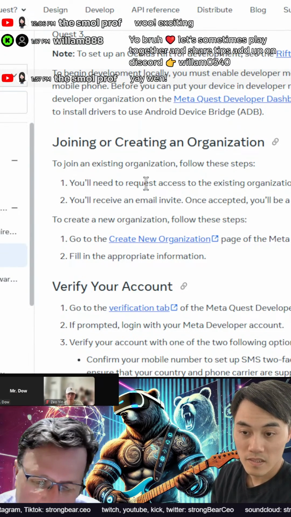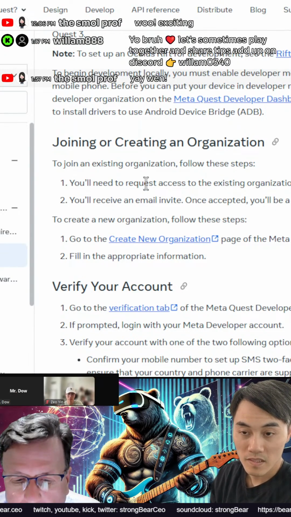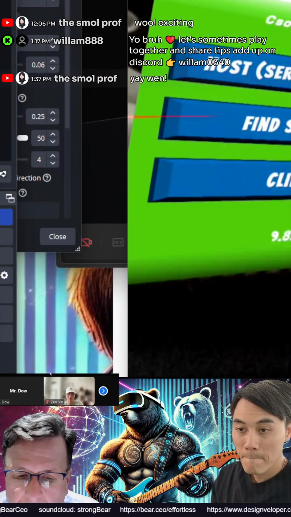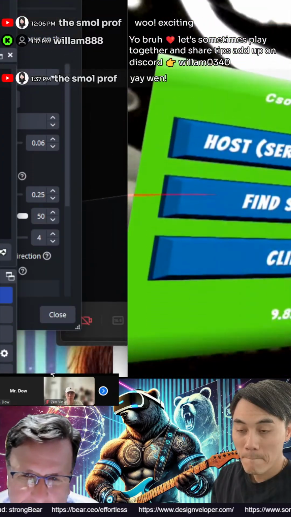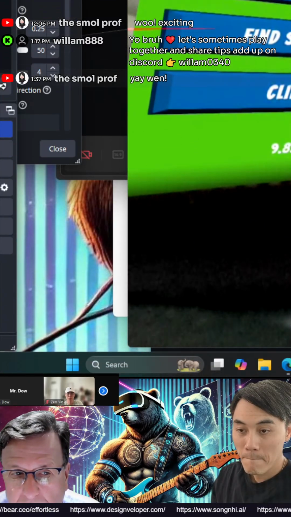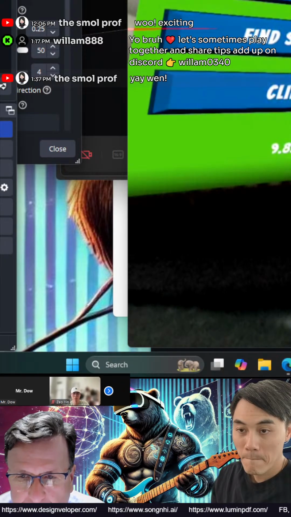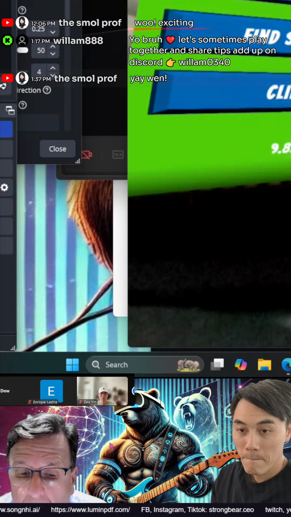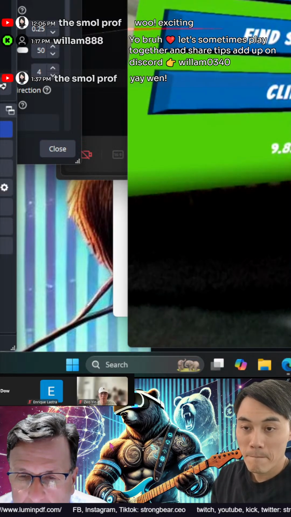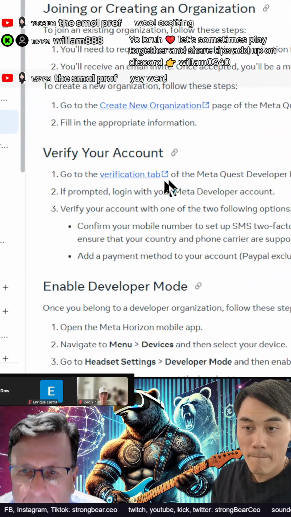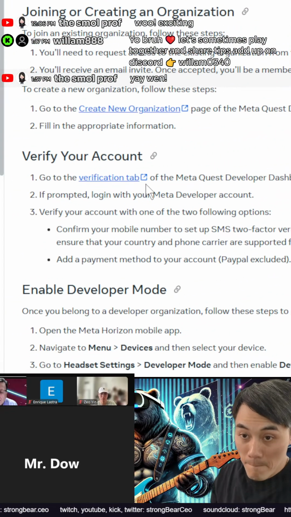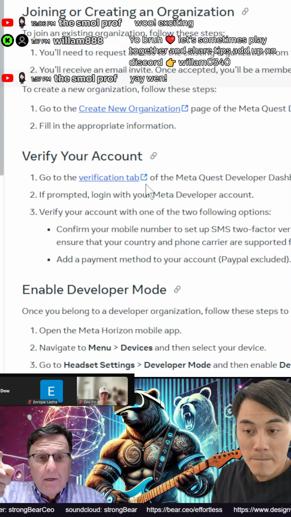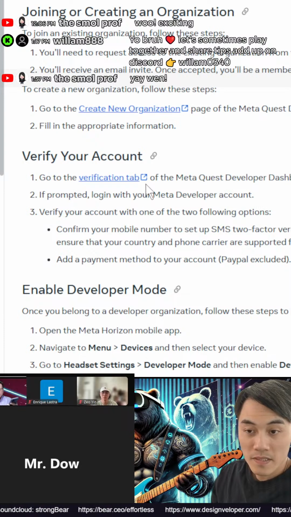Then if we launch the Meta Horizon app, you might need to sign in, make sure you have the account, and then add the Quest device that you're trying to put this on. So there are some steps to setting up your Meta Horizon app. I don't have the Quest yet, so maybe I should just wait until I get it and then go. Yep, that's what I would do. And we'll help you.